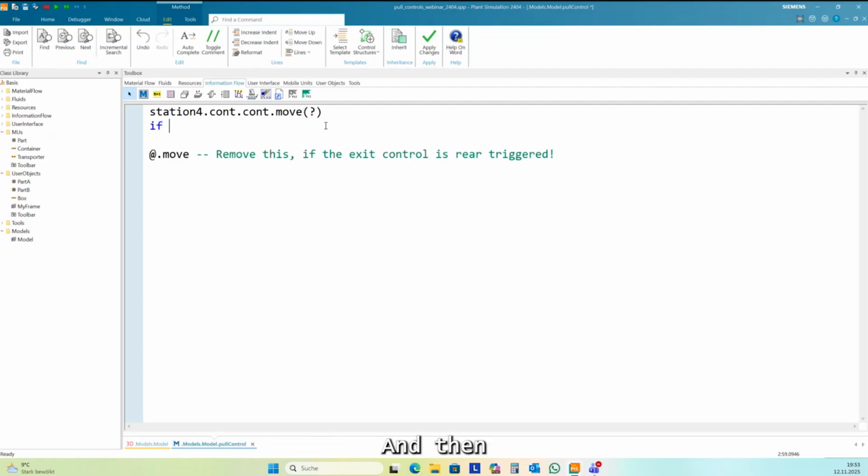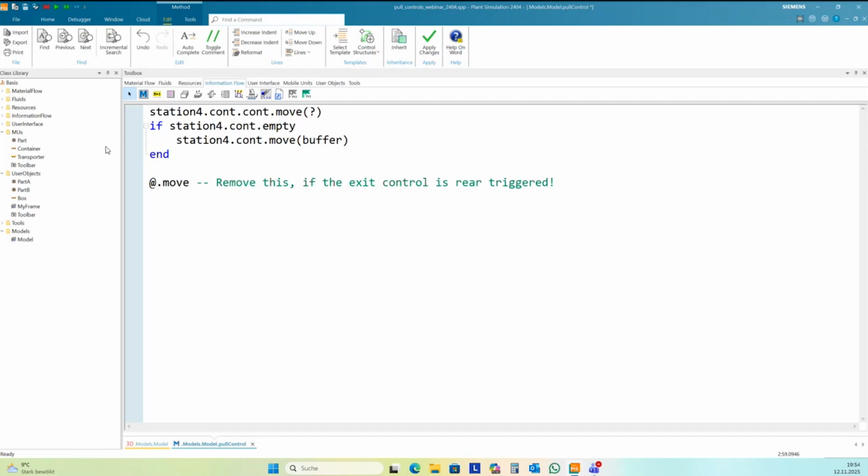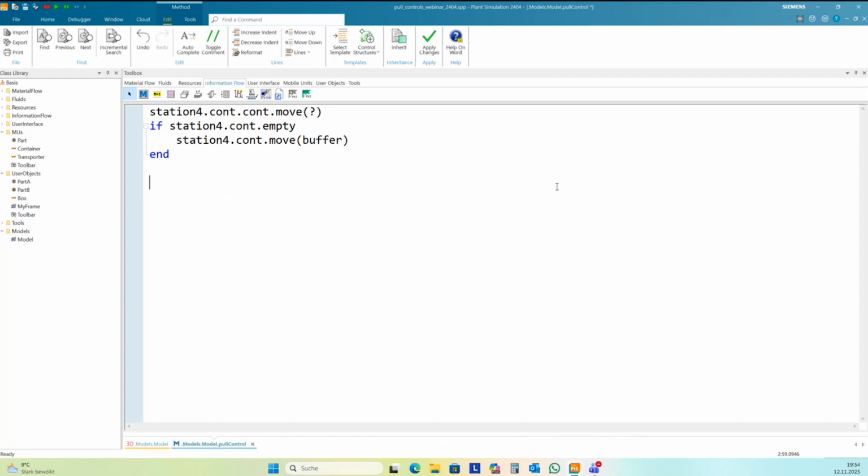And then if station 4 is empty, I can move the empty box back to the start of this line here.